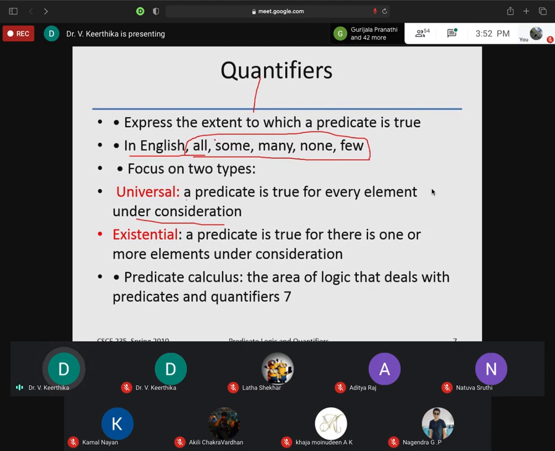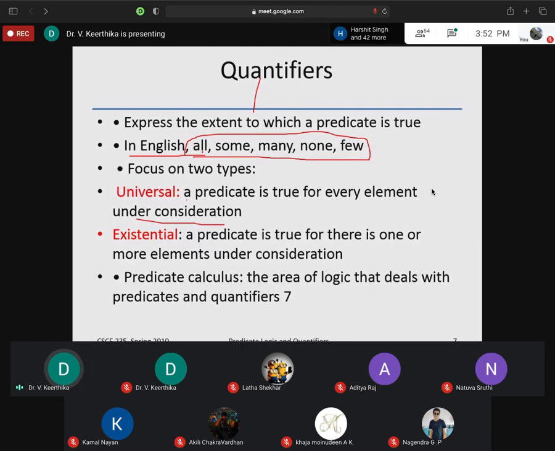Based on these English words, we define quantifiers in two types: the universal quantifier and the existential quantifier. Got it?